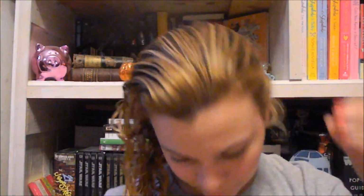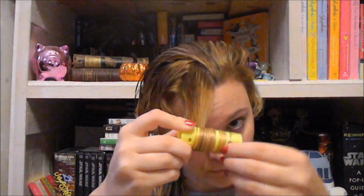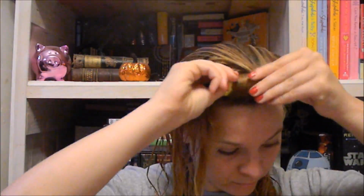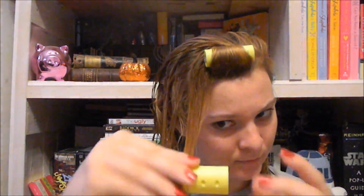Then I'm using magnetic rollers, so I'm just taking my damp hair and combing through it with a tangle teaser or comb, whatever you have on hand, sectioning off the front bit where my bangs would be if it was cut, and placing the roller on top of my hair and rolling back away from my face and just clipping it in. I'm using the smallest size roller for this bit, and I'm doing that all the way around